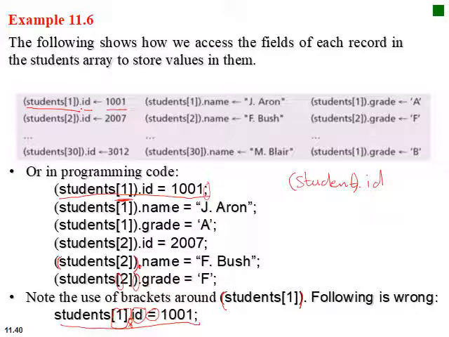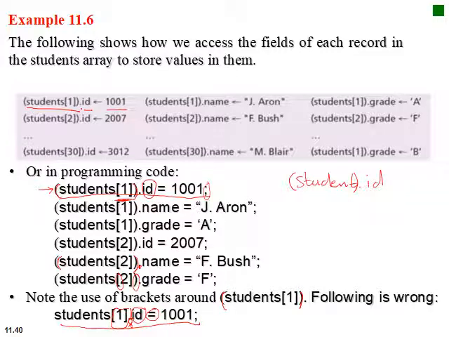In the examples here, we have an array of records, and for this case, we have to put the round brackets around the first array name, so to speak, which is students1, and students1 hosts that particular record, which has 3 fields: ID, name, and grade, and we access it specifically now by saying